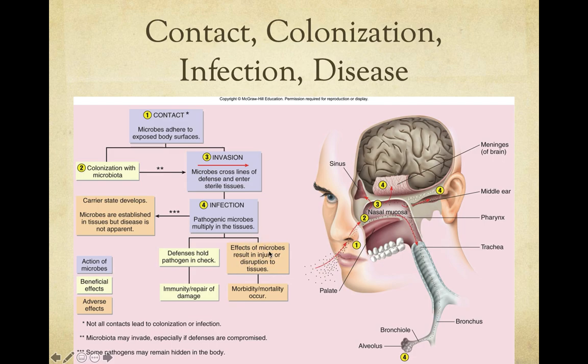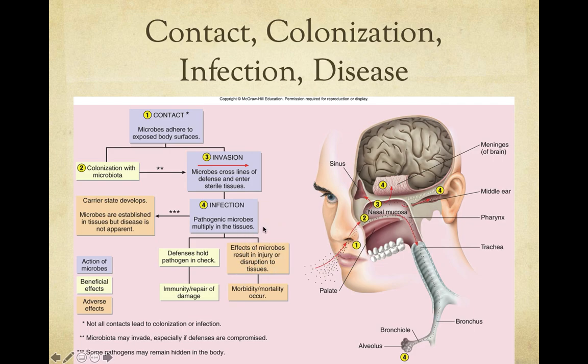The other one is the effects of that particular pathogen are going to overwhelm your immune system. You're going to have some sort of damage to tissues. The disease process is going to occur. Remember, an infection does not necessarily mean that damage is occurring. It just means something's living inside of you where it's not supposed to be, living and dividing where it's not supposed to be. So that pathogen could cause no problems at all, or it can cause disruption to the tissues,